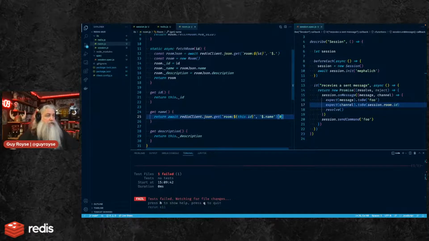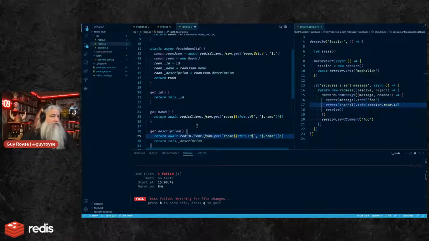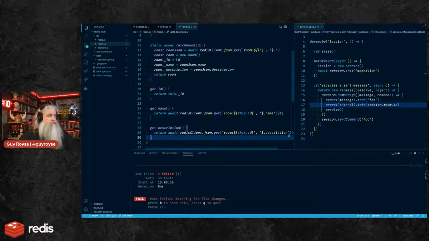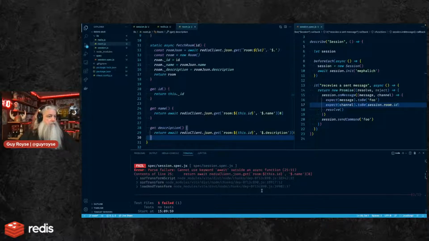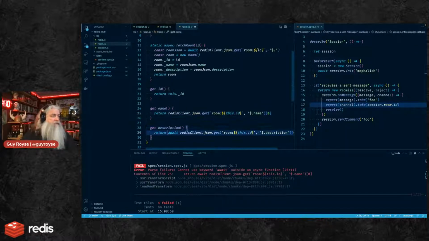Now that should get the name out. And then same thing for the description, except that I'm going to get the description. And then I'm just going to return this as is, and that's going to return the promise that is the call to JSON.get.